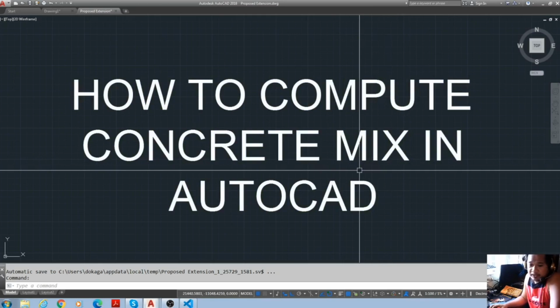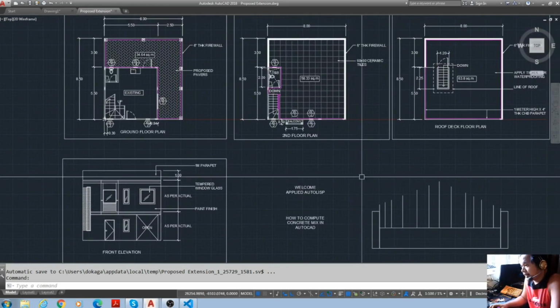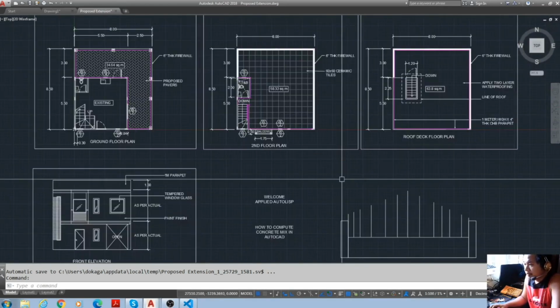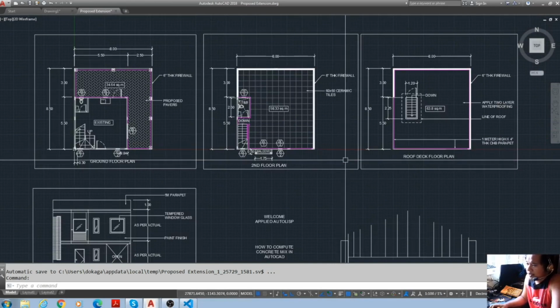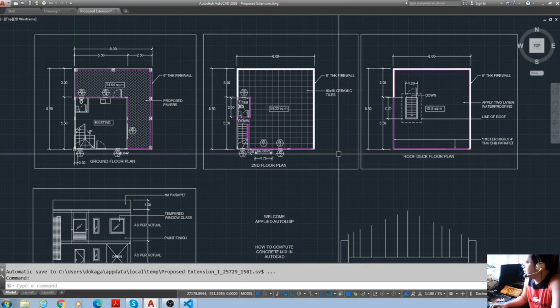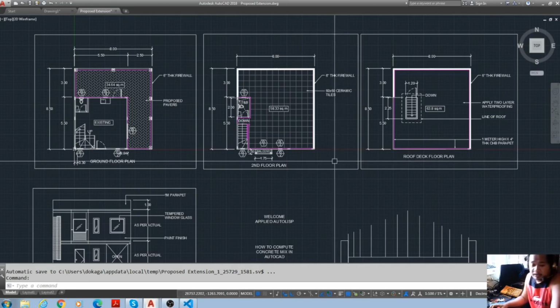Today I will show you how to compute a concrete mix directly within an AutoCAD environment, of course with the help of AutoLISP. So the scenario is your boss is asking you to compute. There are three situations where you will be asked to compute this type of computation. First, within AutoCAD,